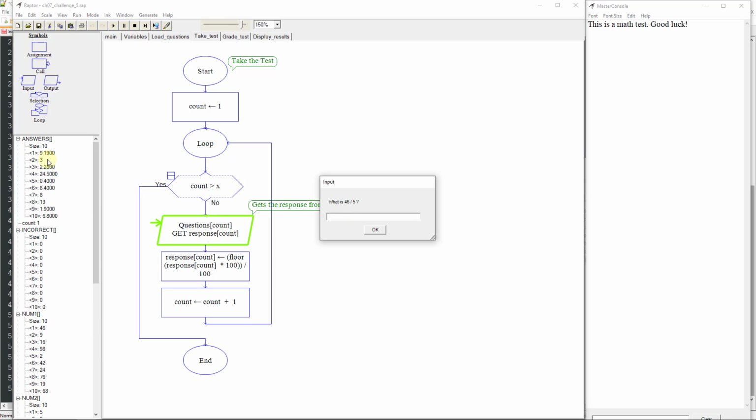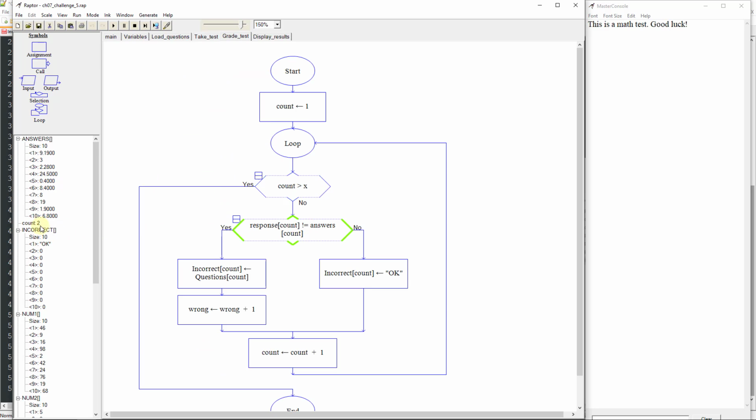And we can check our answers here, but let's just put them in correct. So 9.19 and 3 and 2.28, and let's get a couple of these wrong. Let's put in 25 here. Let's put in 0.4 there. 8.45. Let's make that one wrong. Let's make this one wrong. That one's right. That one's right. And let's make this one right. And it's got them all. And so my count went to 11.